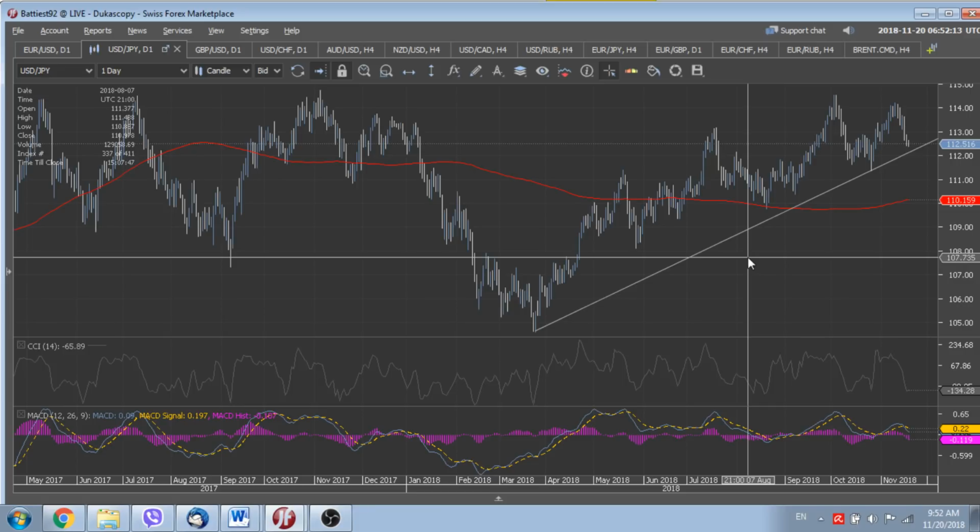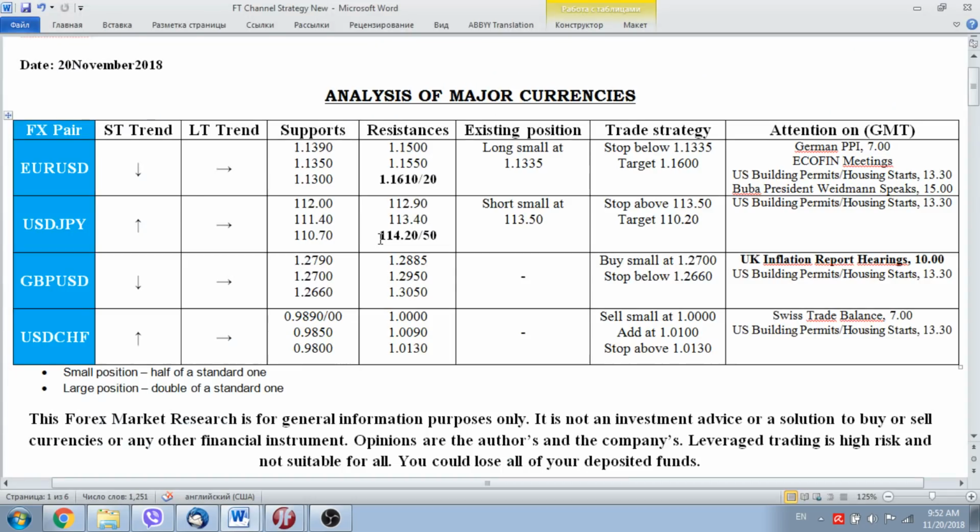Now let's speak a little bit about the euro dollar and some other major currencies. As you could see in our strategy list, we are discussing euro dollar, dollar yen, cable and dollar Swiss. We already expressed our point of view regarding the dollar yen and dollar Swiss. In the dollar yen we still keep our short trade recommendation, and this morning we moved our stop loss to the entry level.